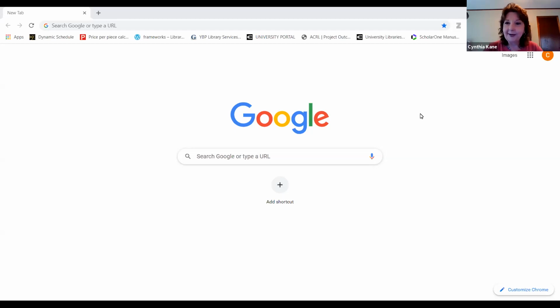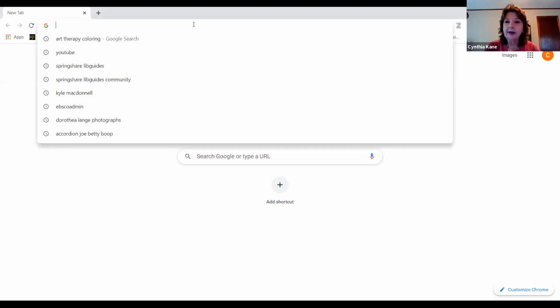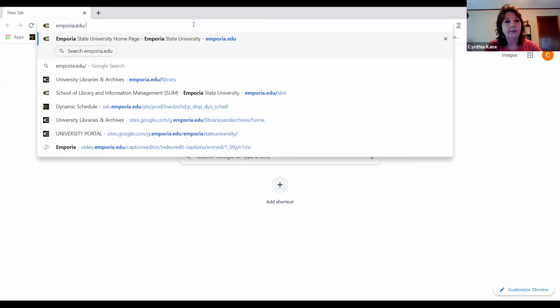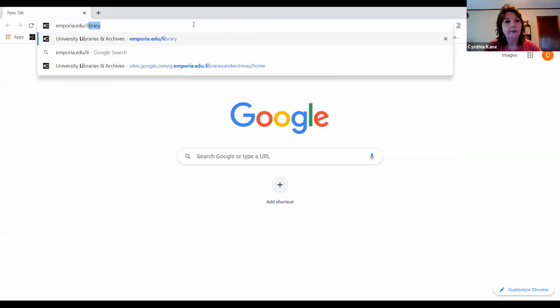The first thing I am going to do is show you a lot of tips and a lot of shortcuts as we go along. I like to show you one of my favorite shortcuts to get to the library's webpage. There are a lot of ways that you can get to it. You can Google it, you can go to the ESU website and then do a few clicks. But the fastest way to get to our library's webpage is to go to